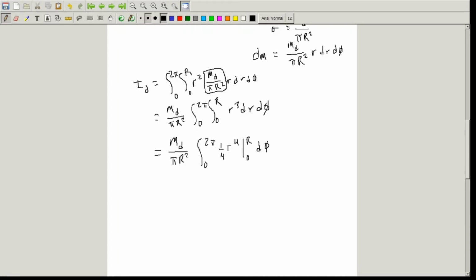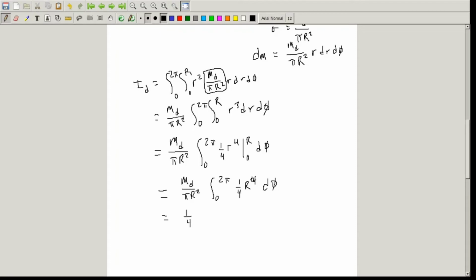Now, what we can do is plug in our big R and 0 to this, so we end up with m sub d over pi big R squared, integral from 0 to 2 pi of 1/4 big R to the 4th d phi. And then since this has no phi dependence, we can pull that out as well. And if we put all of this together for now, we're going to get